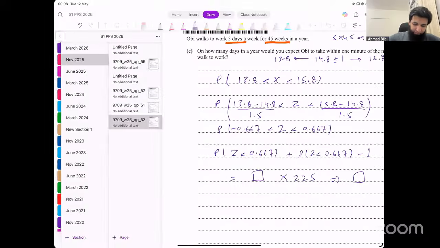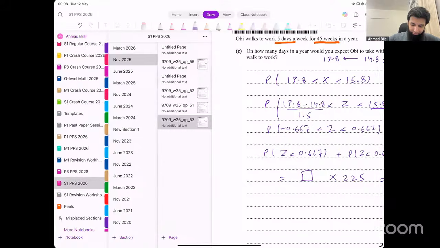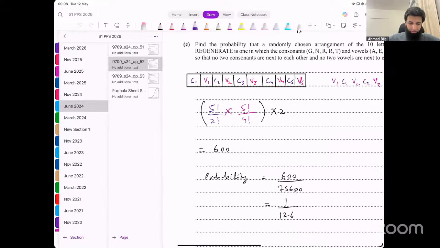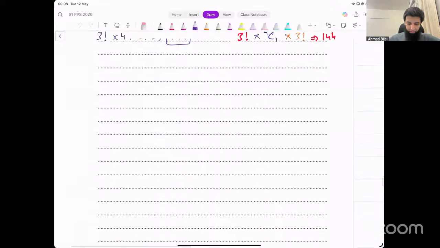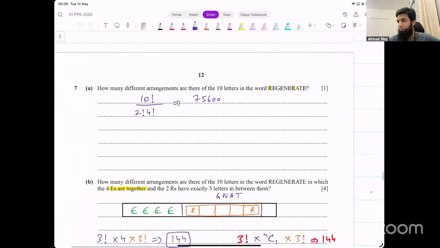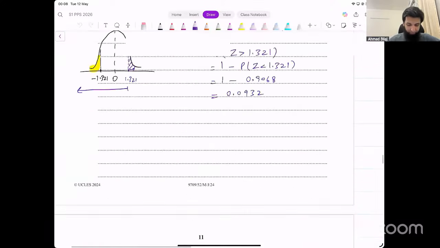June 24 पेपर 5-2। ओके, we're almost ending now इंशाल्लाह। पेपर 5-2, इसका कौन सा क्वेश्चन? 3A।